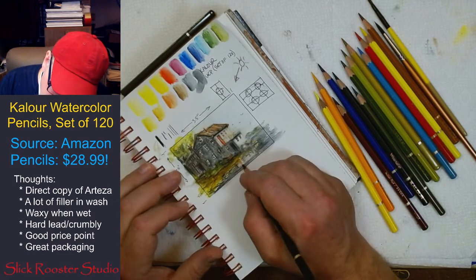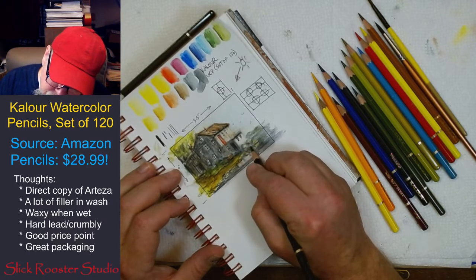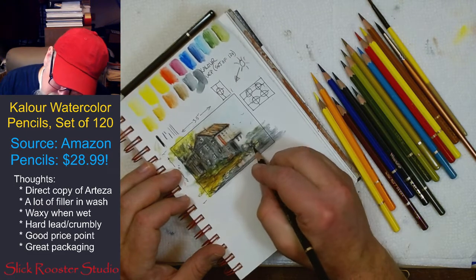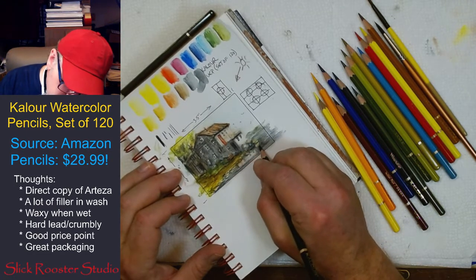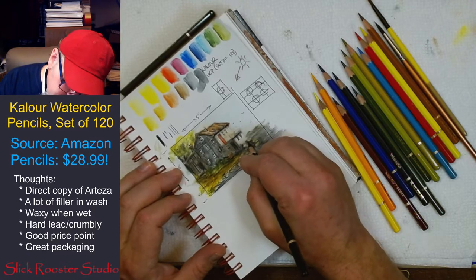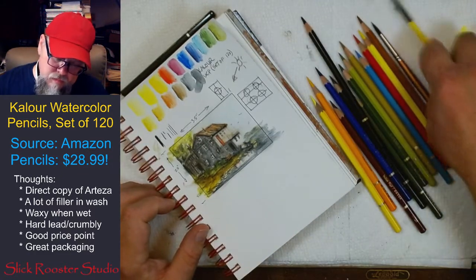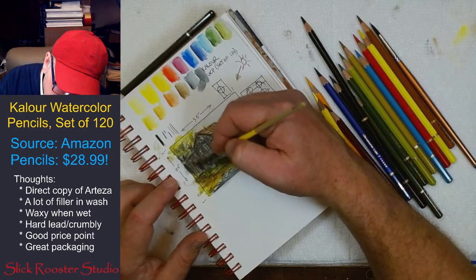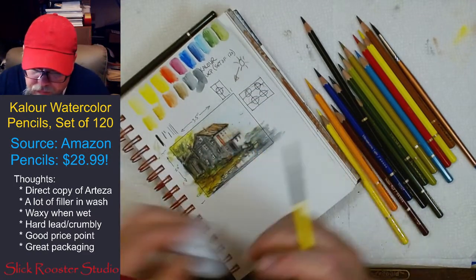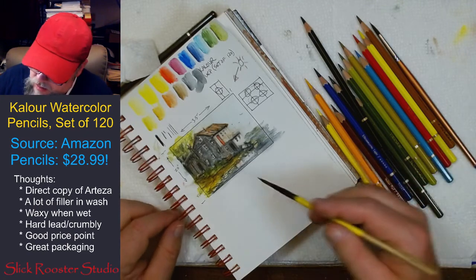I want to define the shoreline a little more. Define these shapes. That rock should be darker. And the shadows. Whoa. Big old water splash on me. All right, not happy with the